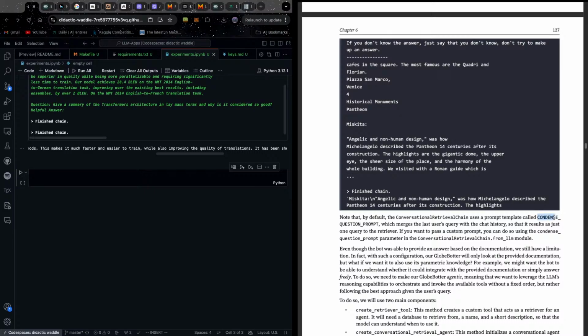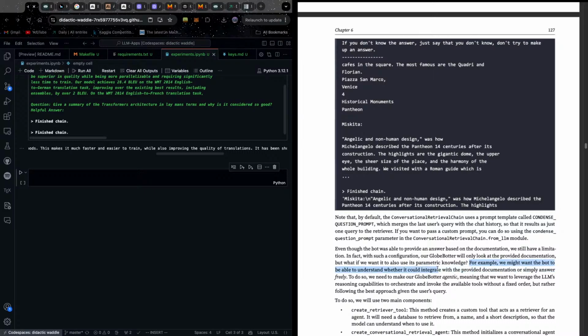There's a prompt template called condense, which merges the last user's query with the chat history, so that it results in just one query. To pass a custom prompt, we can do so using the condense question prompt parameter. For example, we might want the